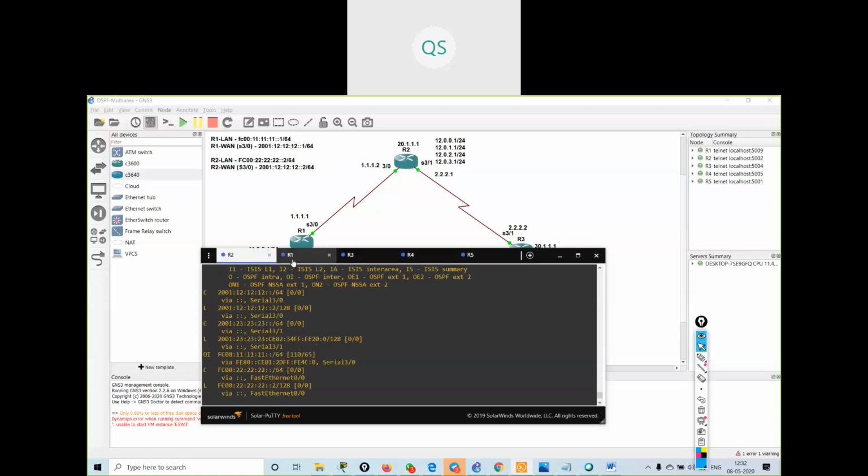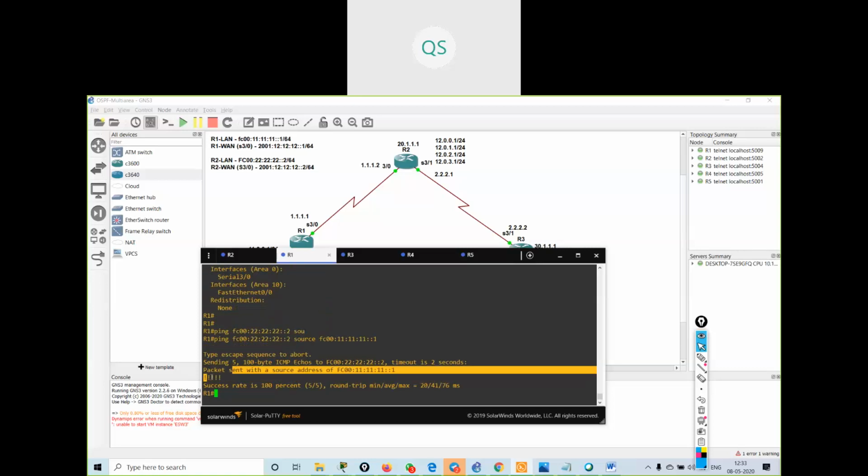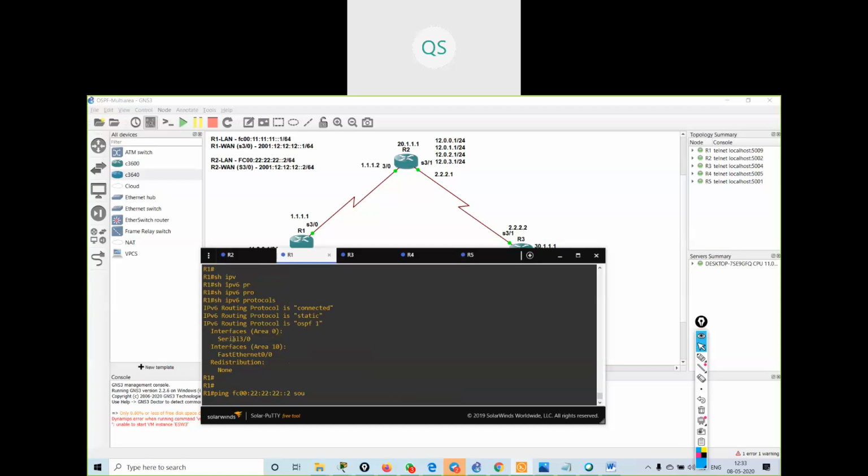If I try to ping FC00:22:22:22::2, with my source FC00:11:11:11::1, see, I'm getting the reply. My configured protocol is OSPF 1. I've removed the static one. Why it is showing me static, I don't know.